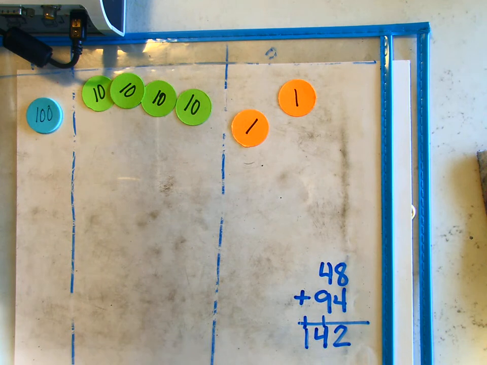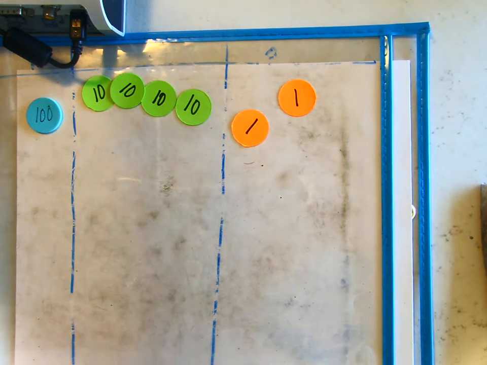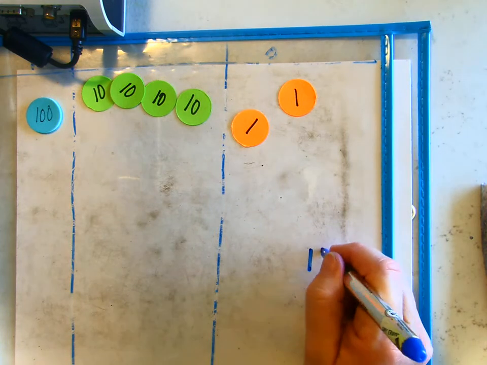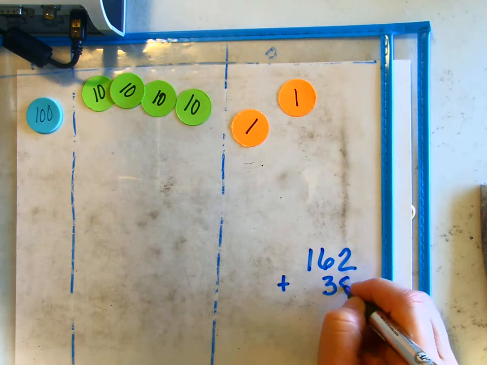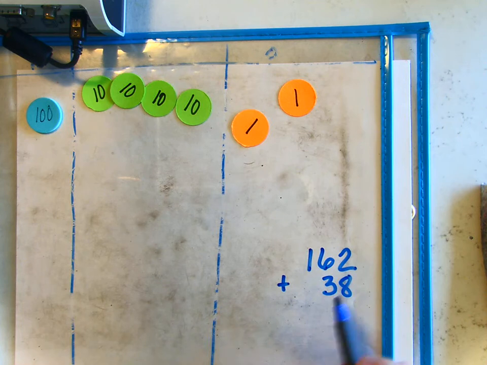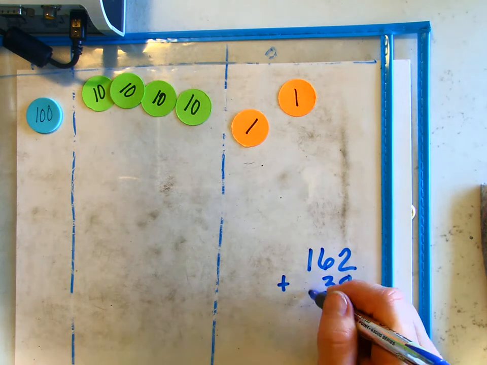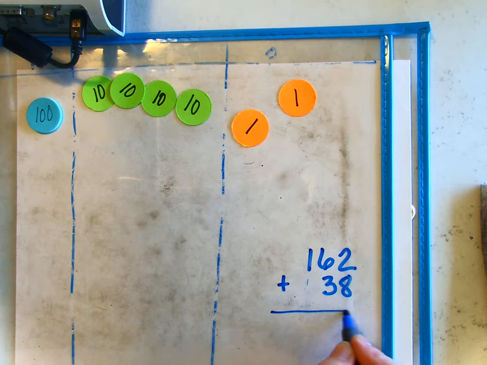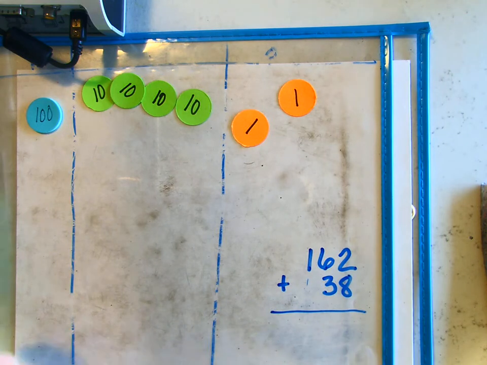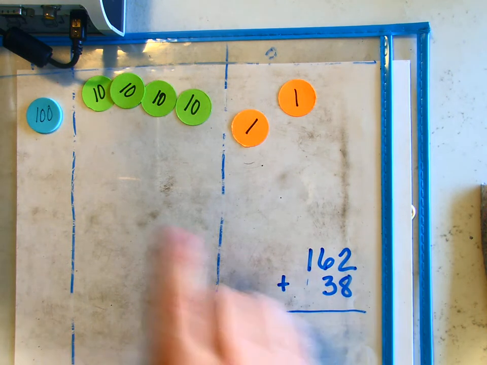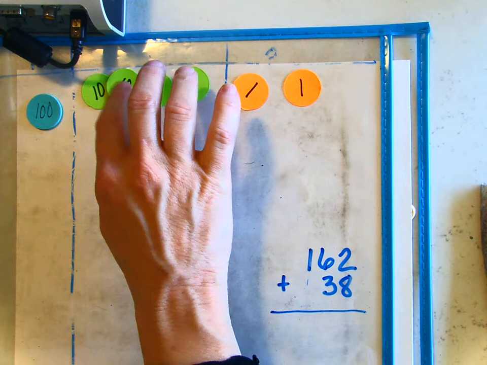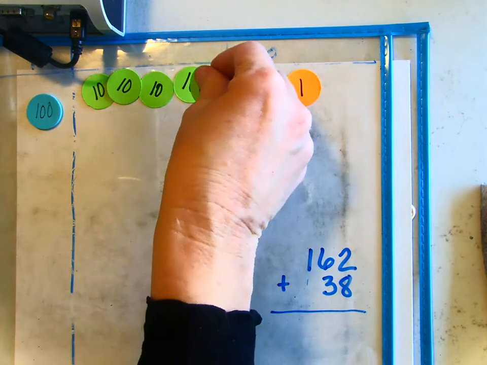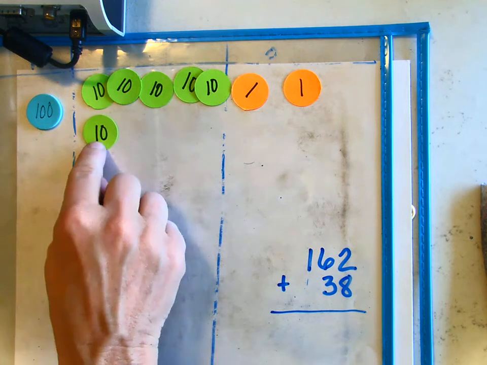So our first one here on the second page, on page 84, is 162. Ooh, big numbers now, plus 38. So again, making sure that we're lining it up. The ones, the tens, the hundreds. Make sure they're lined up correctly. And let's make that number. We have 100. We need 6 tens and 2 ones. Oh, we're pretty close. We have 4 tens, 5, 6,